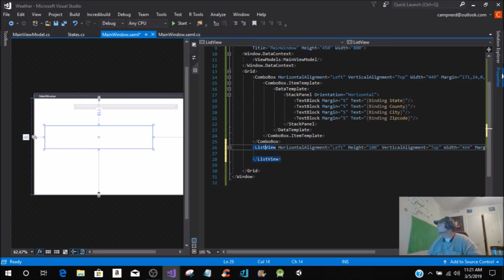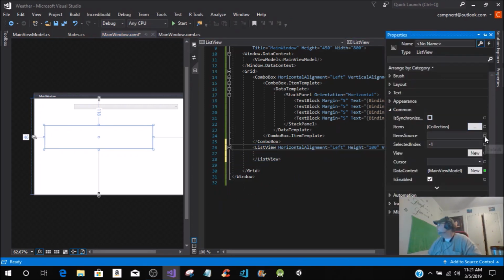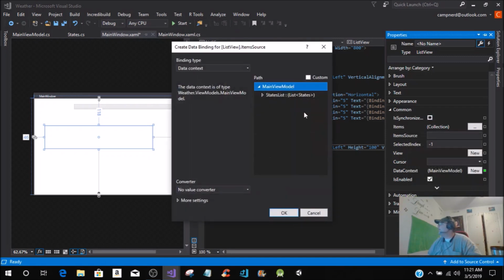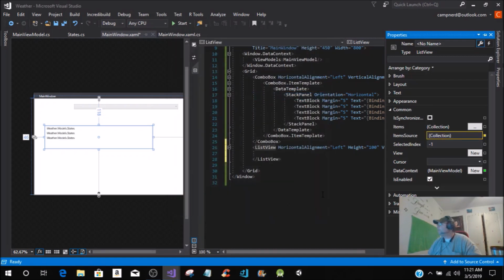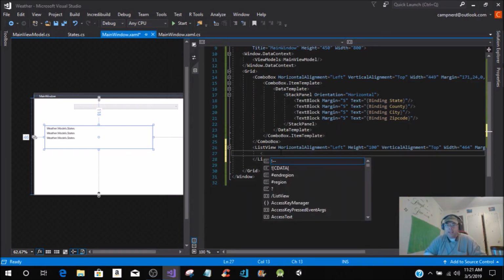We are going to click on List View. We're going to click on the item source, create data binding. We're going to click on lists. Now, if you wanted to do this for individual combo boxes, you would do the same thing, but instead of clicking on list, you could just come down and do like the states. And you can click on like city, county, state, zip code. All right, but we're just going to do the whole list. It would be the same thing. So you would do list for the collection, and then here you would do